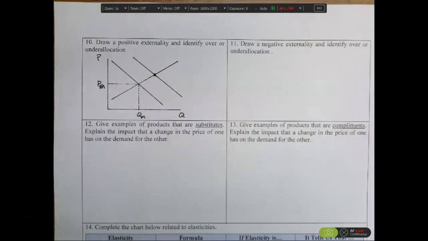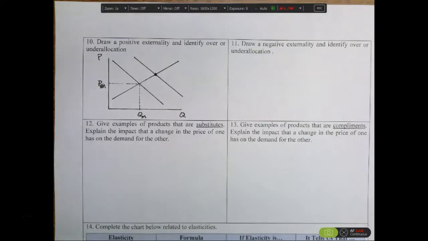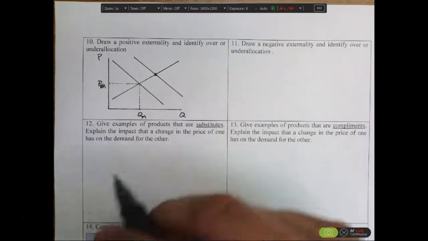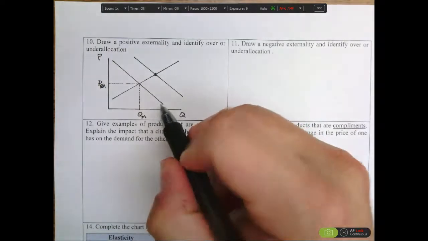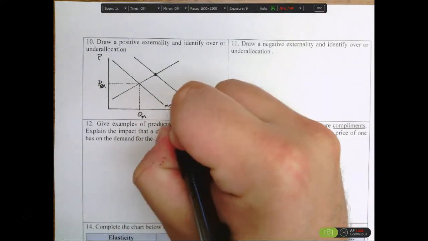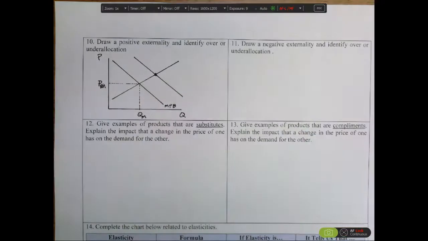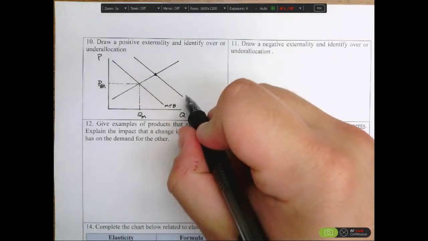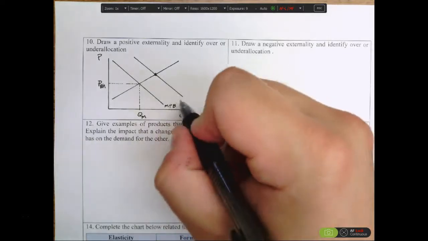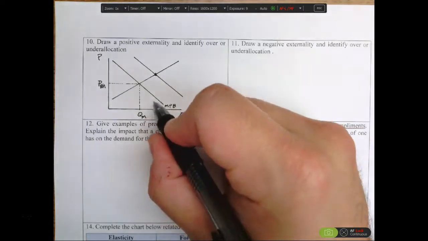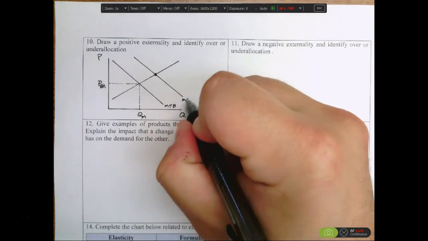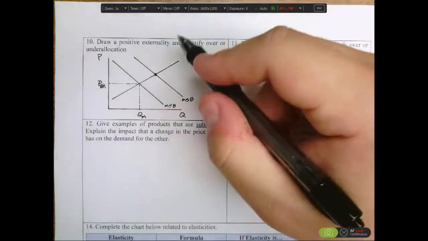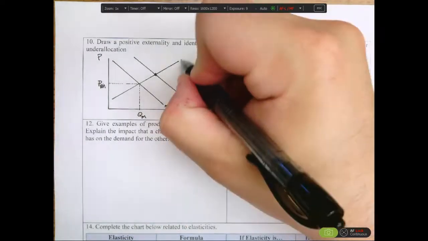We can then draw a new demand curve through that intersection point, and then we can begin to label the different curves. So we know the first one is our marginal personal benefit. We know it's benefit because we're talking about a positive externality. The curve that is further to the right would indicate that there's more benefit at each quantity than we realized, and so that would be our marginal social benefit, which leaves the supply curve as being the marginal social cost